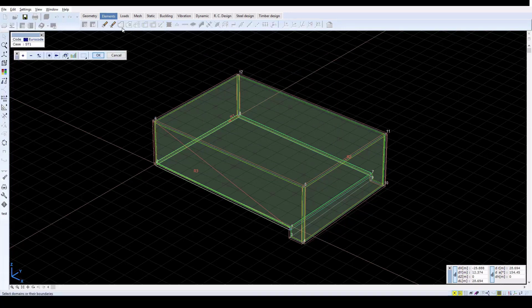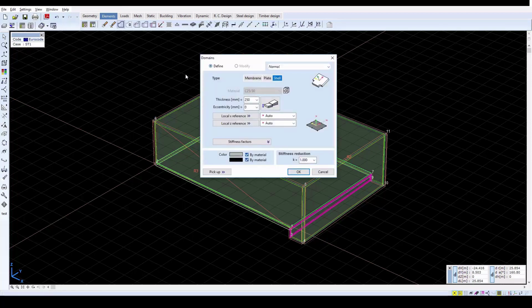Define the other wall elements. Click on the domain icon again and select the side wall of the watercourse. Click OK and then choose the shell element type. Set the local X reference to R3 and set the local Z reference to R2.